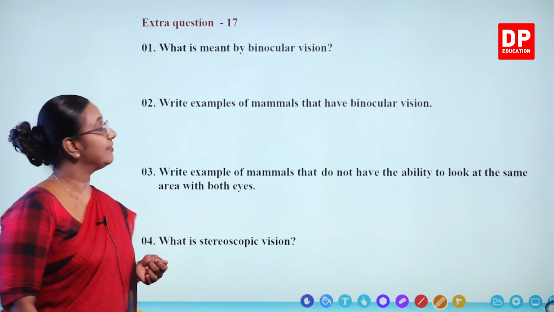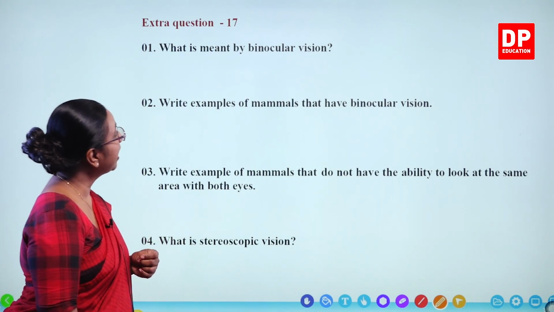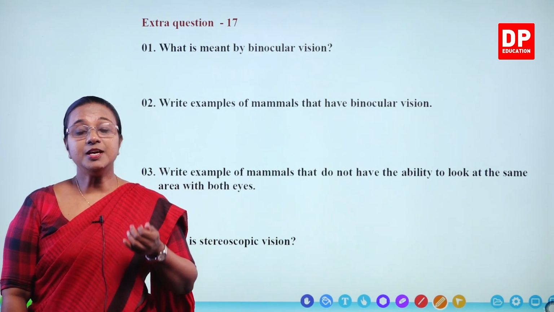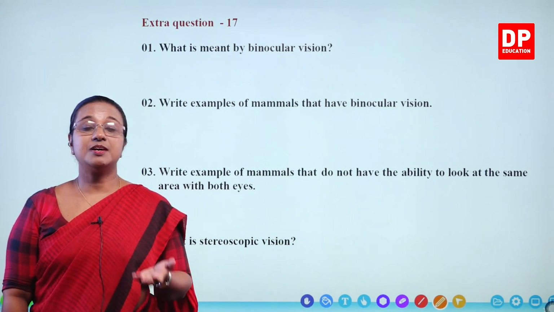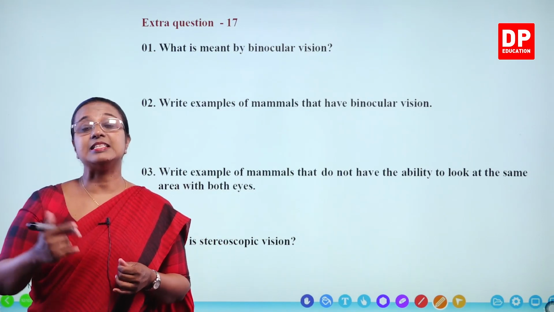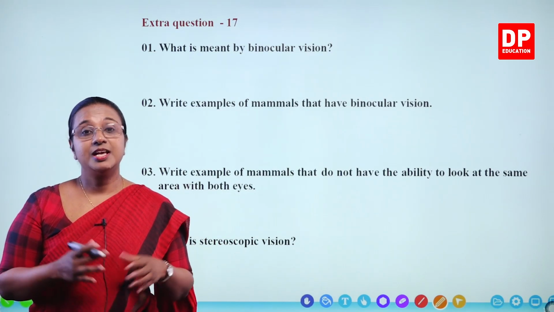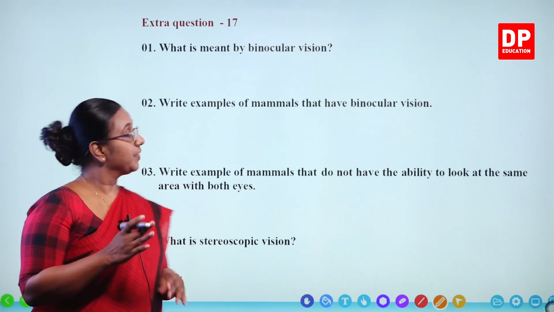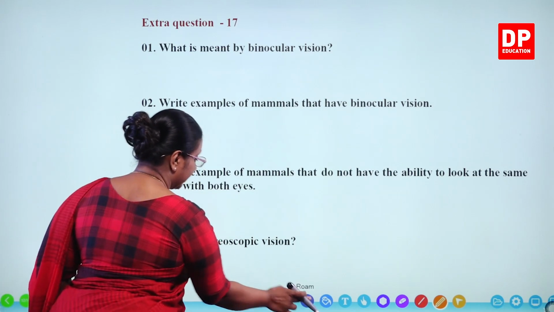Extra question 17. What is meant by binocular vision? What is it? The ability of observing one object with both eyes, creating a single visual image. That is what we call binocular vision. So here, if you write that down,